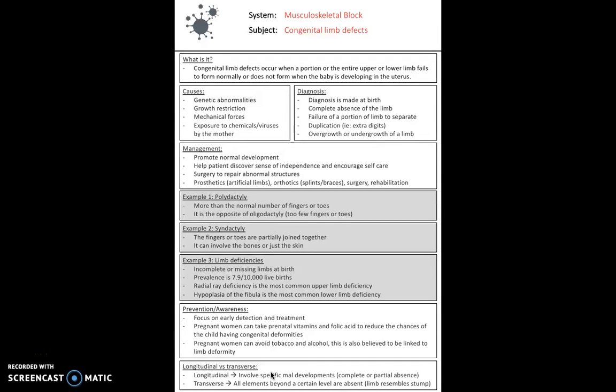So these tend to be due to genetic abnormalities, growth restrictions, mechanical forces, exposure to chemicals and viruses by the mother, and the diagnosis is normally made at birth. So it tends to be either a complete absence of the limb or a failure of a portion of the limb to separate. We can also see congenital defects in things like duplication, where there's extra digits, or overgrowth or undergrowth of a limb. A few examples here, so polydactyly, where we have more than the normal number of fingers